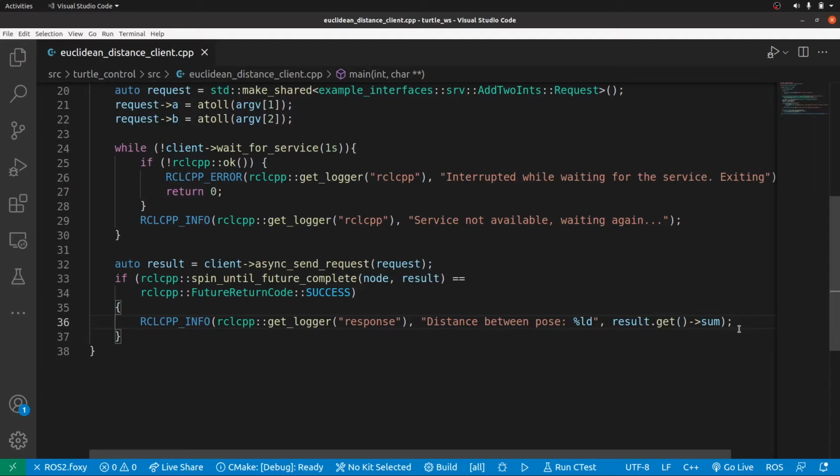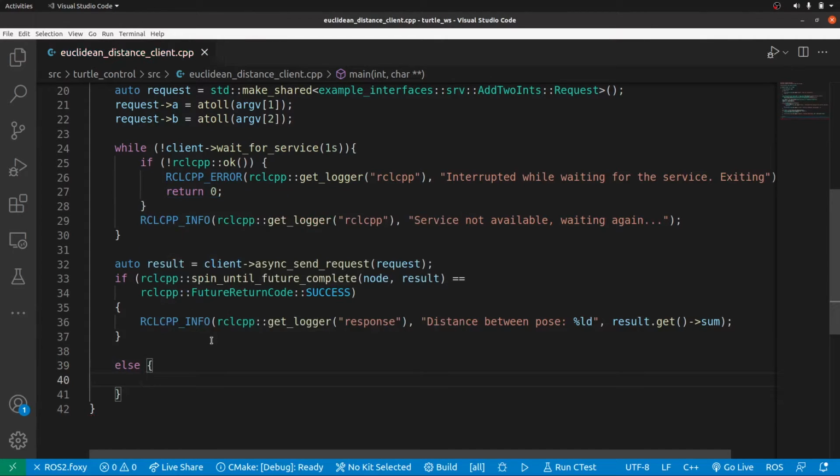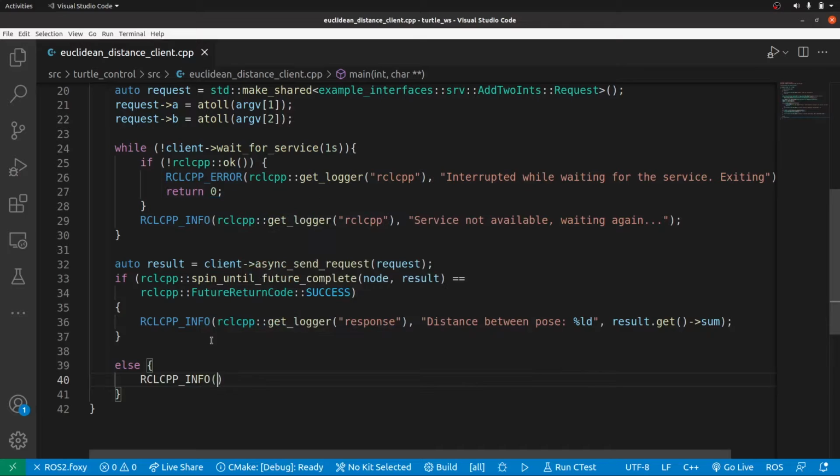And that's where the else condition is going to come in. Remember, we said if the code is working fine, like if it's been able to get response, then we say distance between poles is this. What if it didn't get anything from the server? We're just going to say else. We want to print out something, and else we just want to say RCL CPP. We want to log an information, and the information RCL CPP, get logger,